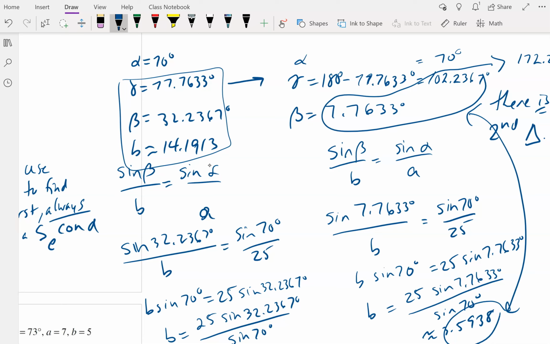Any questions on that at all? All right, I will post solutions to this whole worksheet on Moodle. I will do a video doing a couple more examples so that you'll see another example with two triangles and a couple more examples. I'll show you an example with no triangles to see what the no solution part looks like. I'll get that done this afternoon so you can see those things. So anyway, other than that, I will